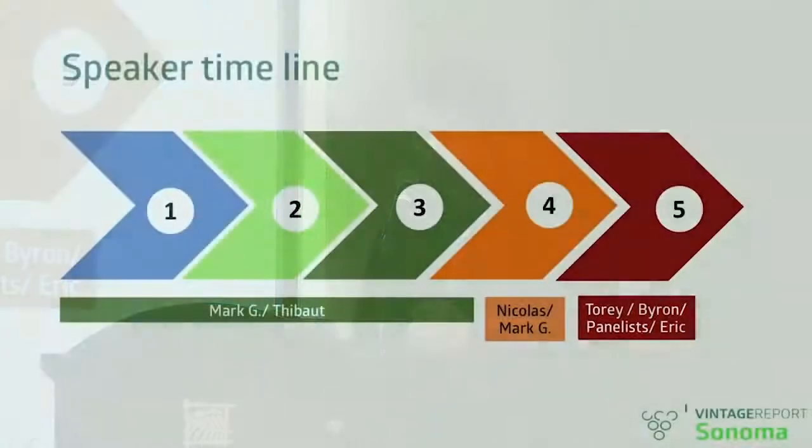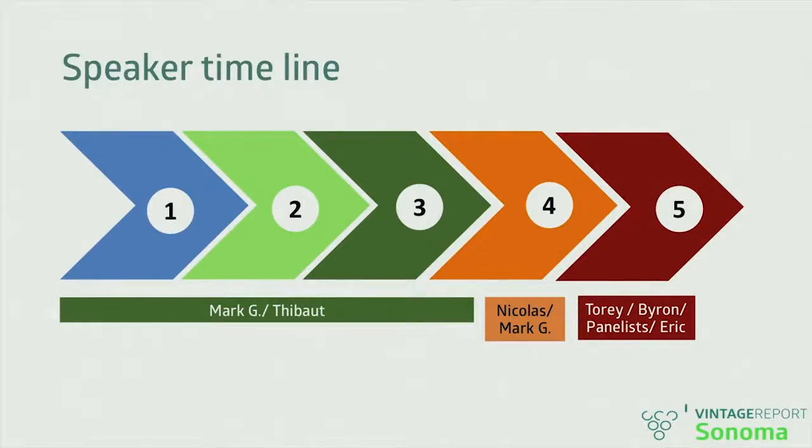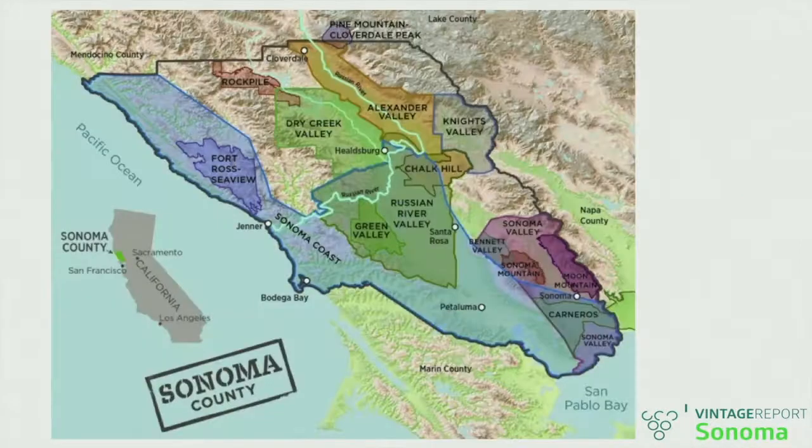So in order to keep that time frame, Mark Greenspan and I are going to intertwine our conversations. We will talk about periods 1, 2, and 3 together, and then we will move on to phases 4 and 5 to focus more on the fruit. So with that being said, let's see what we're going to be seeing.